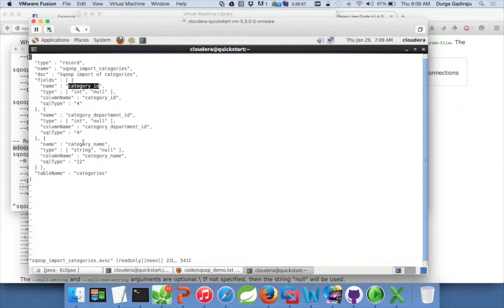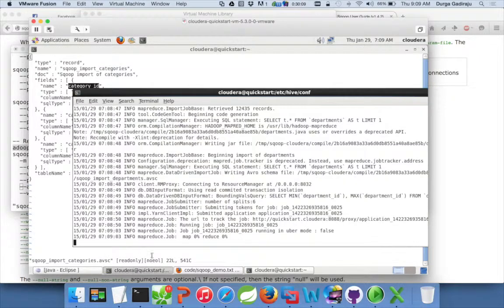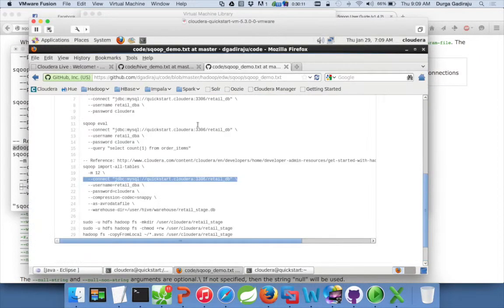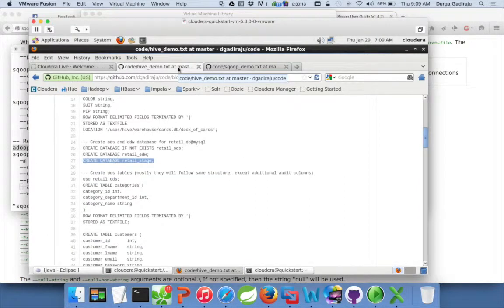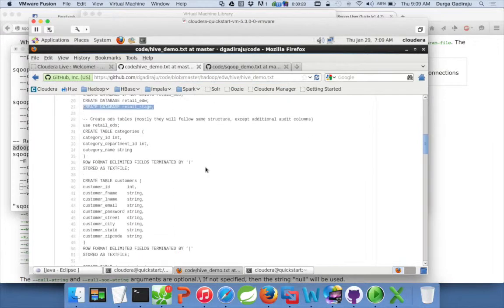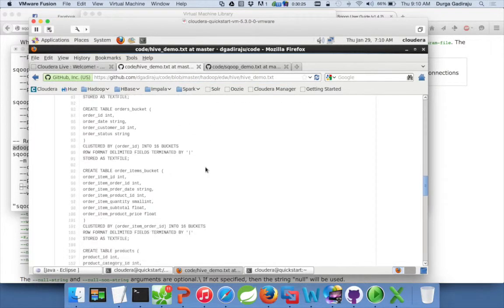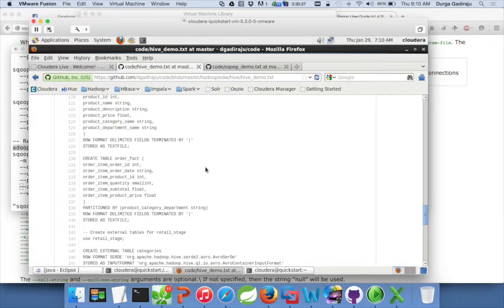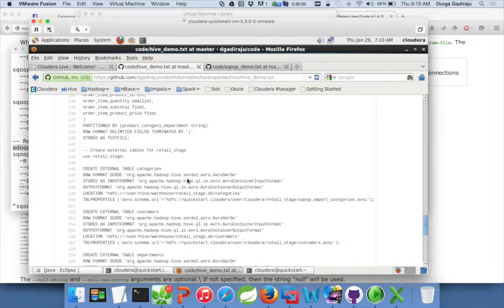If you have to read the Avro files, you need to use this as a reference so that you can read the data in proper structure. The reason you need to understand this is, if you look at the create table commands in Hive, now we have copied the data, and one feasible way to read the data is by creating Hive external tables on top of them. Now we will see the syntax of a Hive external table for that.